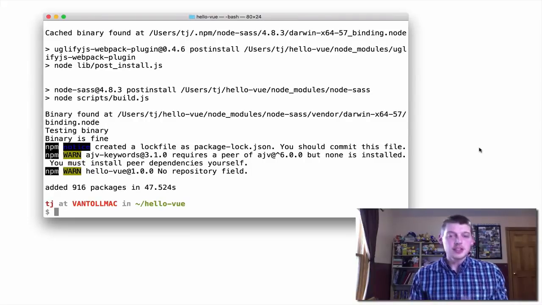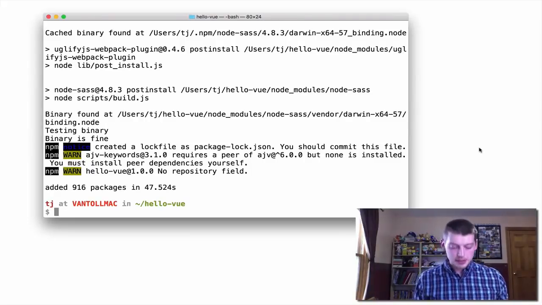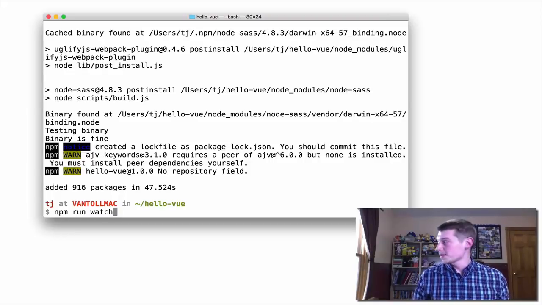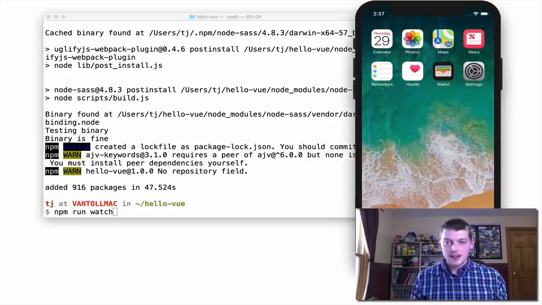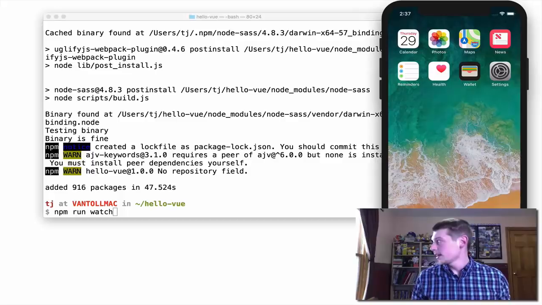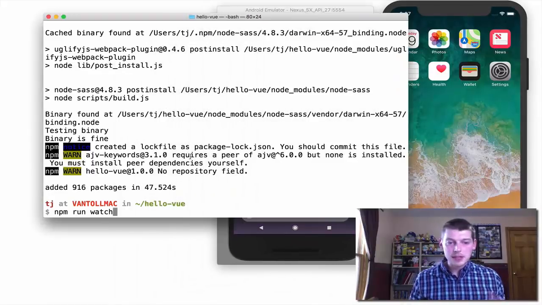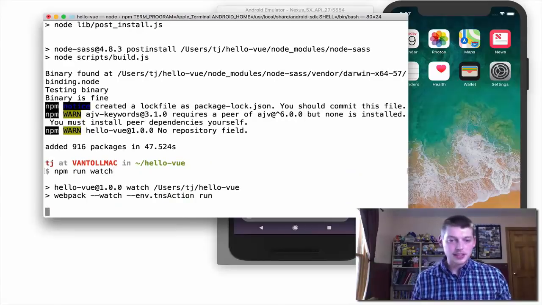The last thing we need to do is actually run our apps, which you can do with the npm run watch command. Now, you can pass this command either :android or :ios to run your app on a specific platform. Now, in my case, let me grab these over here. I have an iOS simulator and an Android virtual device already running. So I'm going to run watch without any parameters because I actually want to deploy to both devices,